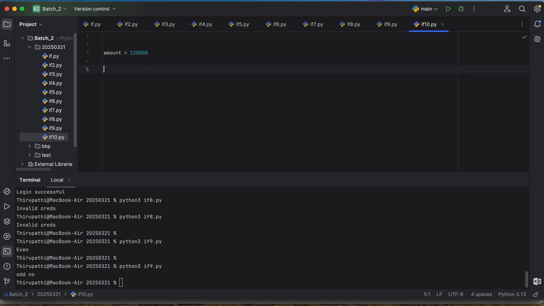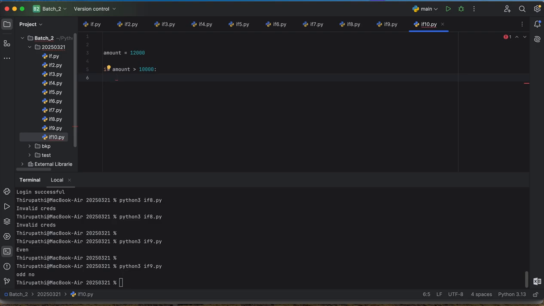They are telling if you buy more than 10,000, you will be eligible for a 10 percentage discount, and we need to display for the user after discount the amount you need to pay. If he is buying less than 10,000, we need to tell no discount applied. How can we write that? If amount is greater than 10,000,